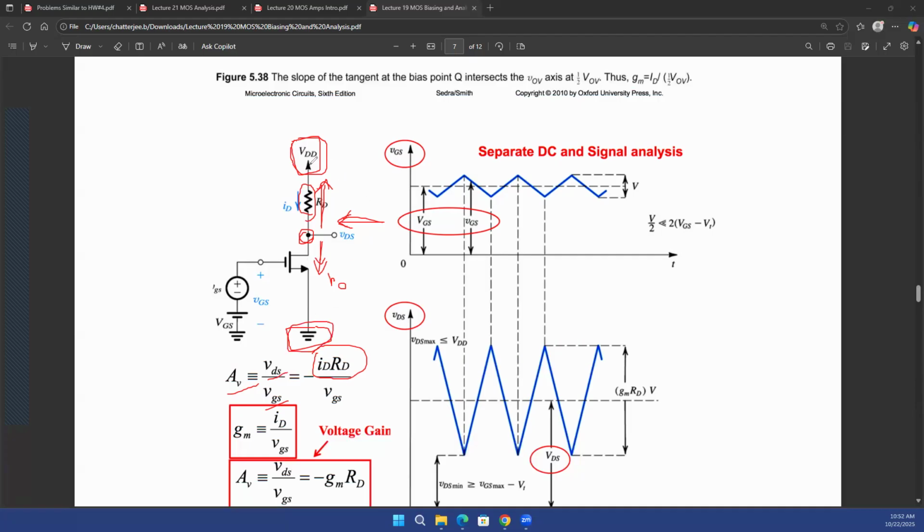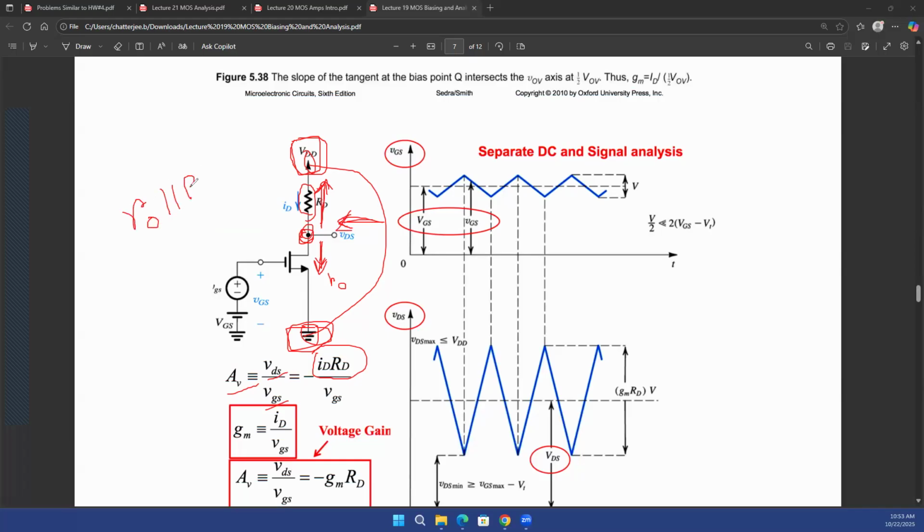So in terms of AC, your VDD and ground, these two points are the same points because there is no AC fluctuation on your VDD, there is no AC fluctuation on your ground. So both of them have AC equal to 0. And in that case, you see that the resistance looking up and the resistance looking down are in parallel with each other because this point is common and the topmost and the bottommost points are also the same with respect to AC. With respect to DC, they are different, of course. But with respect to AC, they are the same point. And that's why the resistance looking into the drain node is going to be a parallel combination of your RO